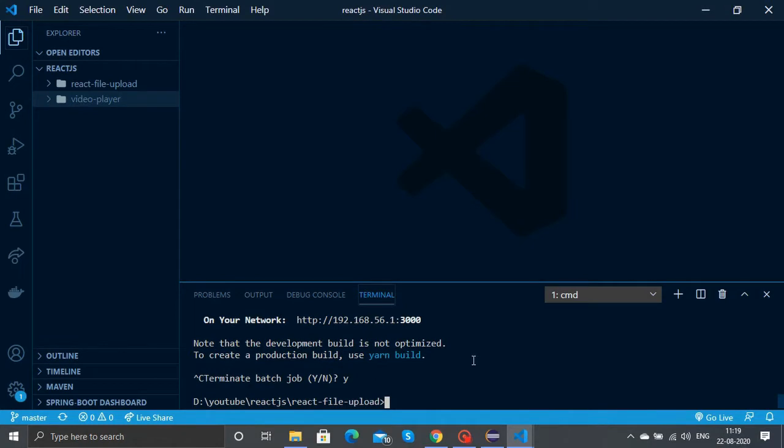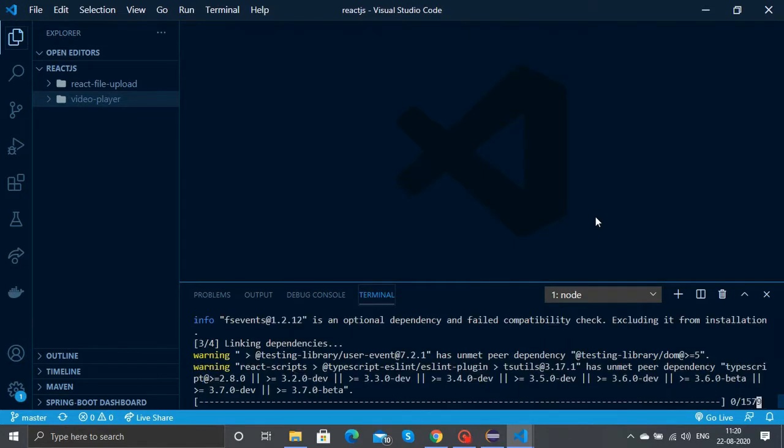Now we need to install some more libraries for the project. We are using Material UI, so we can add @material-ui/core and @material-ui/icons, as we will be using the icons as well. Then we need react-dropzone for drag and drop file upload, and we will use the classnames library for maintaining classes, and we need the Axios library instead of XMLHttpRequest. XMLHttpRequest would enable us to view the file upload progress, but that's why we are going to use Axios. So let's wait till the installation finishes.